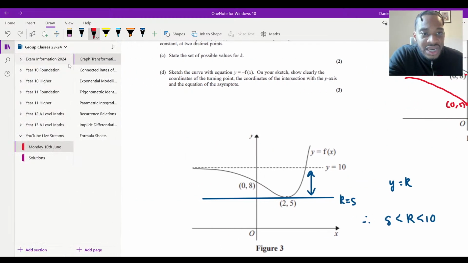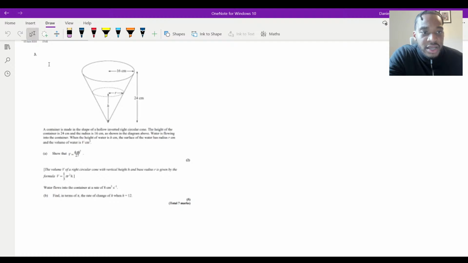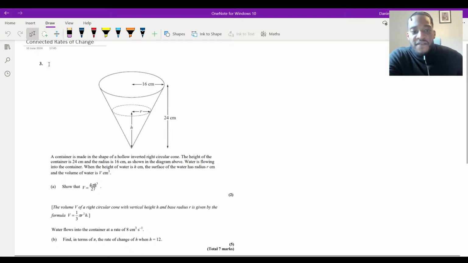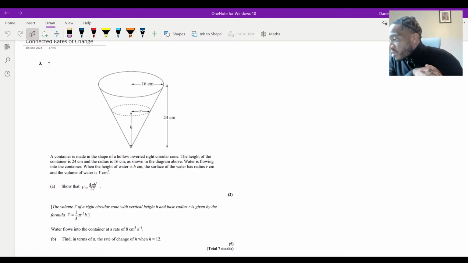Let's go to the next one now, which is connected rates of change. So we've got this one here. Guys, what do we think about connected rates of change? Looking at this one, put a 0 if you think I have no clue, I'm cooked, or put a 10 if this is light work. If this comes up tomorrow, I'm chilling. What do we think? Fives, tens, twos, tens. All right. Okay, you're not cooked, Harry. You're good. All right, let's have a go.